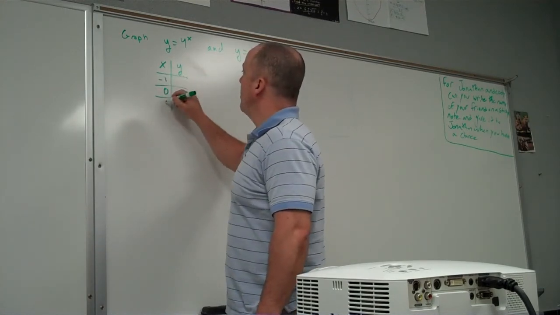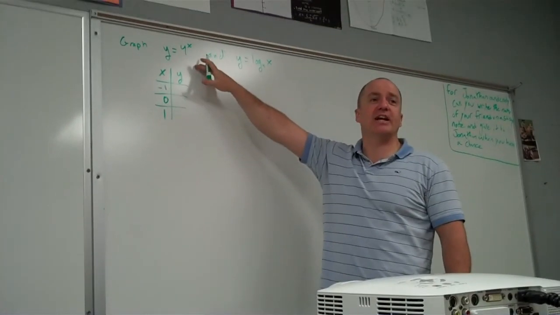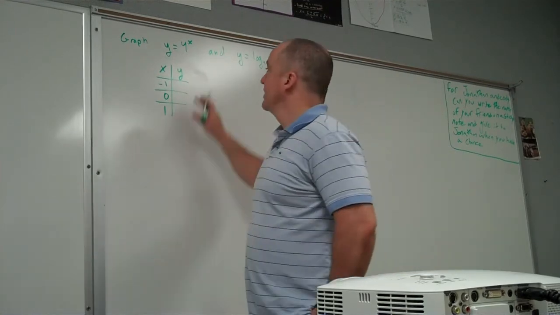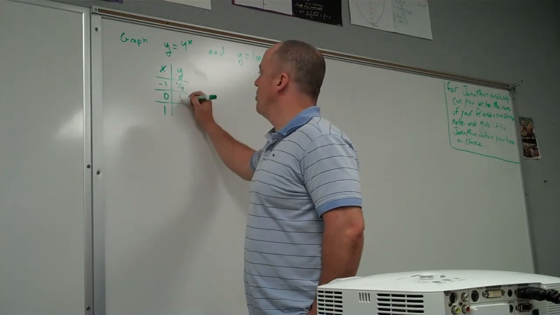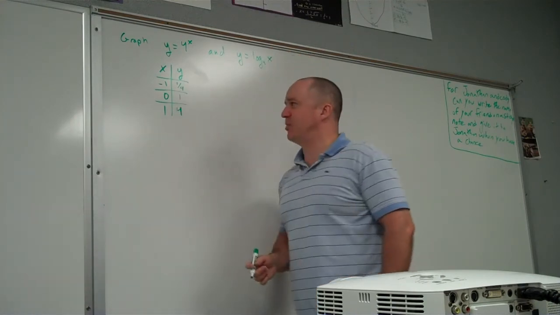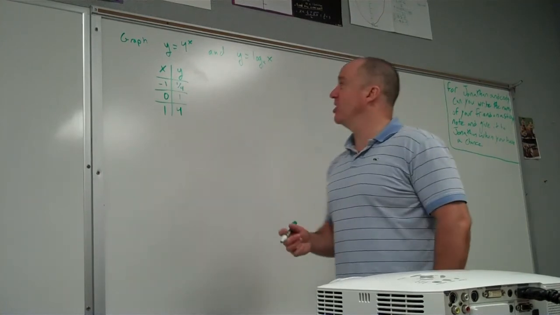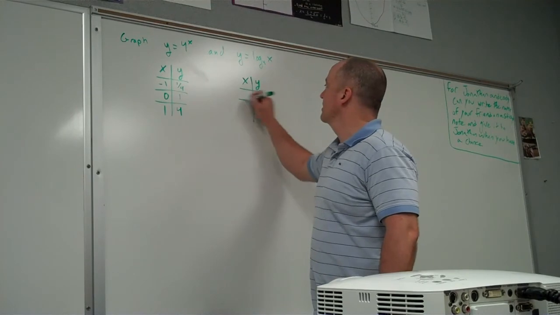Alright. Y equals 4 to the x. Notice here, I don't have any a, k, or h. So adding a, k, or h here is what gets exciting. Y equals 4 to the x passes through 1/4, 1, and 4 at the x points -1, 0, 1. Without knowing anything else about logarithms other than they're the inverse of exponents,